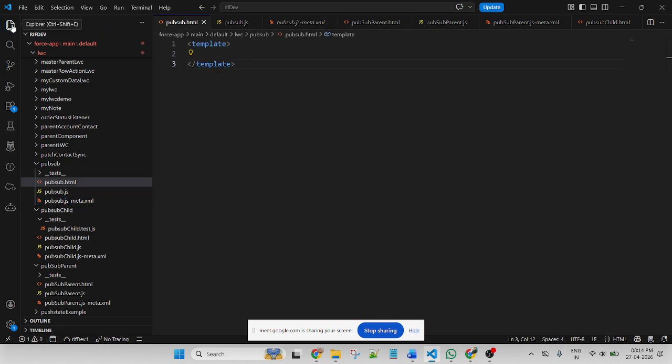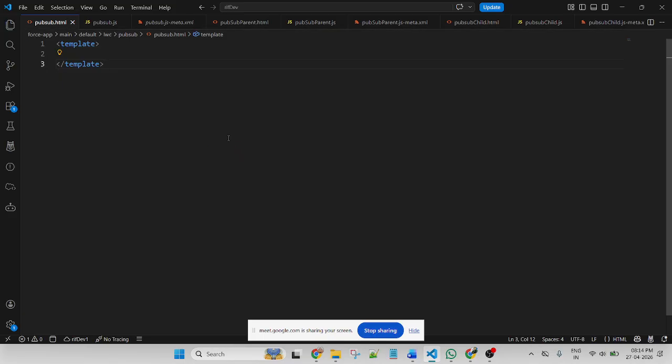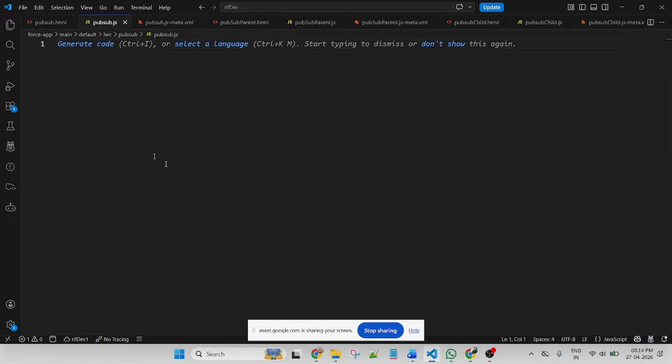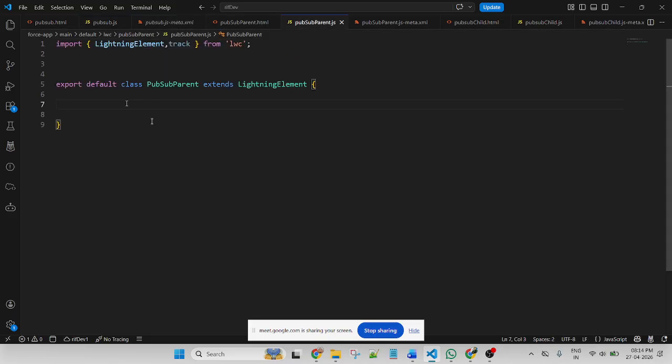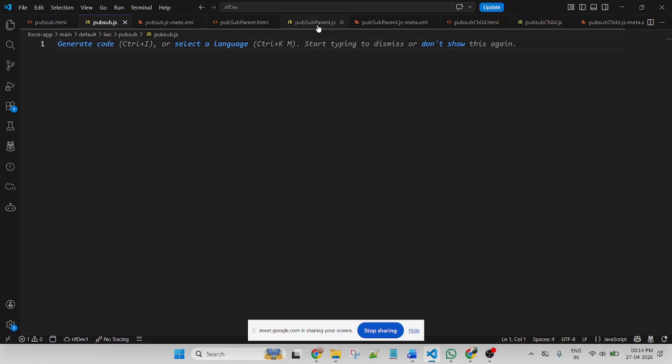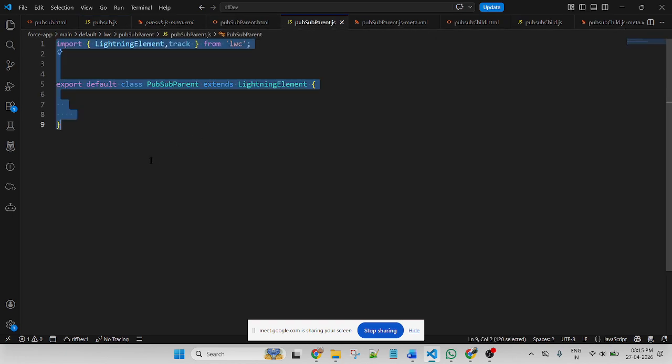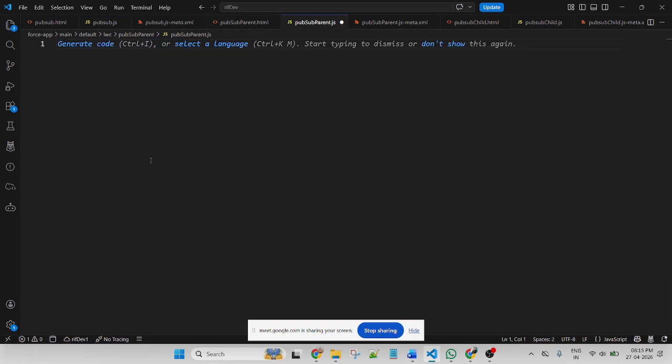The major important part is, if you're creating a pubsub component, then don't use the HTML part. Use only JavaScript, and in the JavaScript, remove all of the existing code. Similarly, when you create an HTML file, an import and export statement is automatically created like this. So in the PubSub JavaScript, I remove all of it so that here I will create two types of functions. Got it?